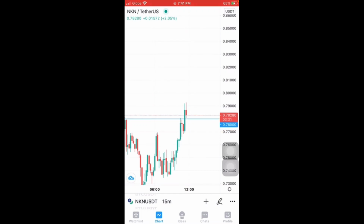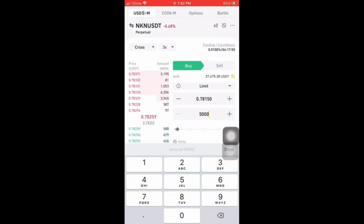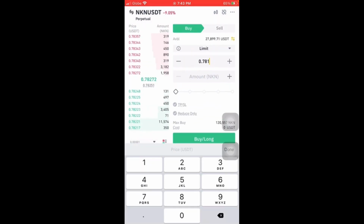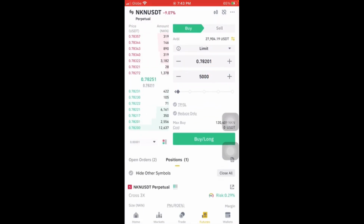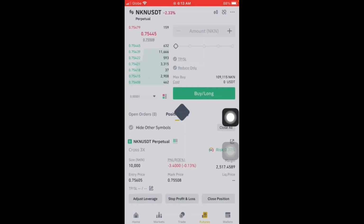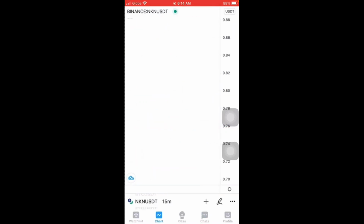Okay, it's kind of frustrating for me again, as it won't touch the blue line and I lack patience in waiting, and so I might exit early. Instead of getting out at 0.78, I'm putting a buy order at 0.78, 150, slowly getting out of my position. So it's kind of frustrating for me when I see profit and I want to secure it before it disappears. Another short at 0.782 area, and so I just closed my position and am still in a profit of $90. Okay, on to the next trade